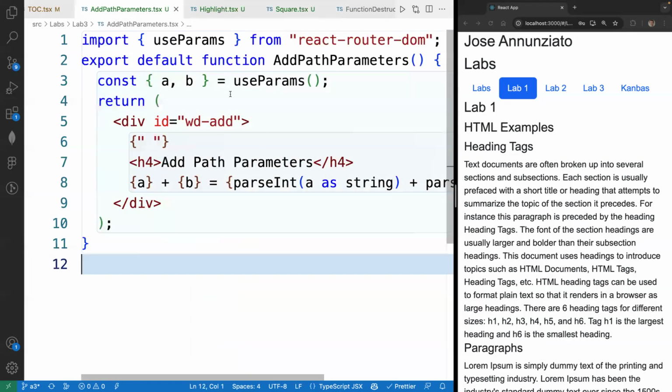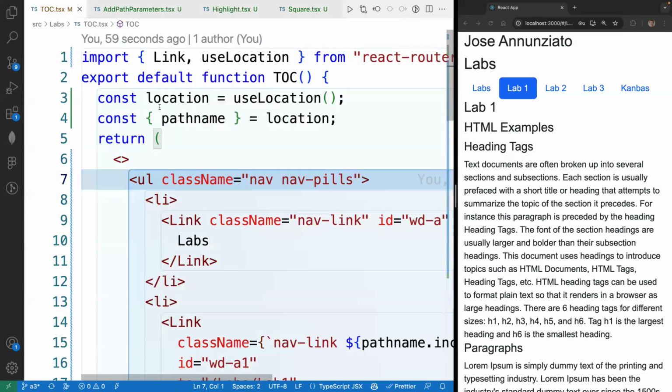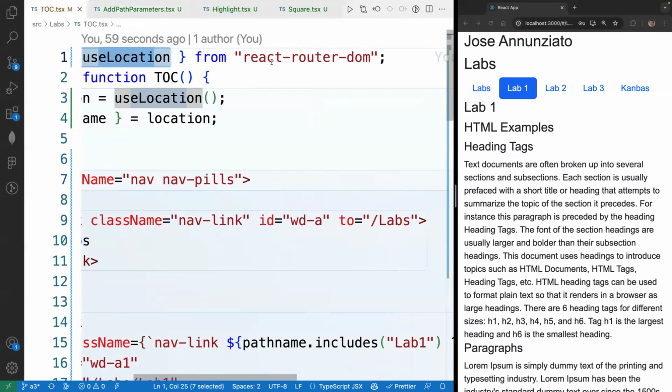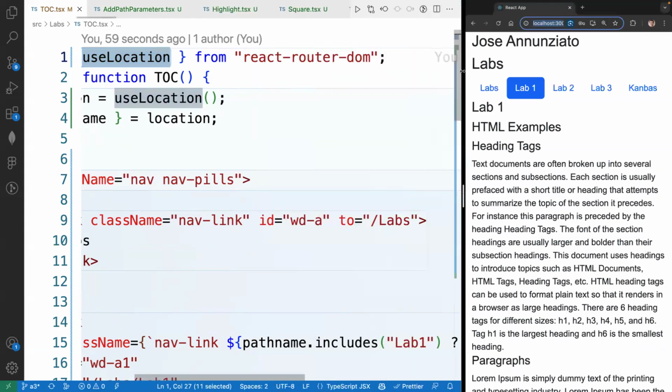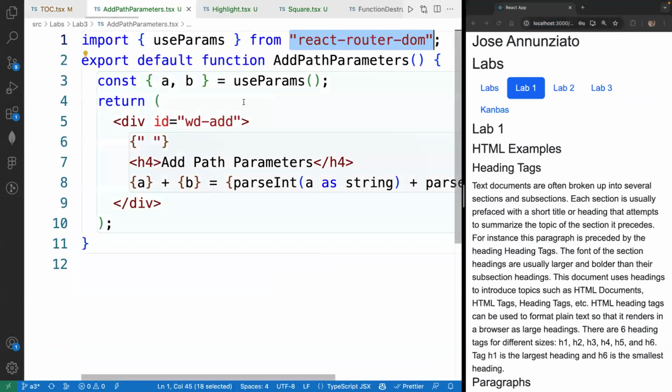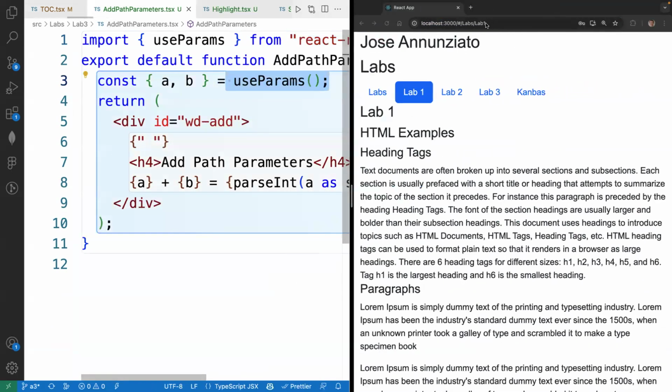Okay, so what it's doing here is that, notice that we're using the same library as the earlier example. The earlier example was using useLocation from React Router DOM. useLocation gives you access to the URL, a whole bunch of information about the URL. Well, there's another version of this called useParams. It's a little more sophisticated, and it's useful when you want to have more control over the